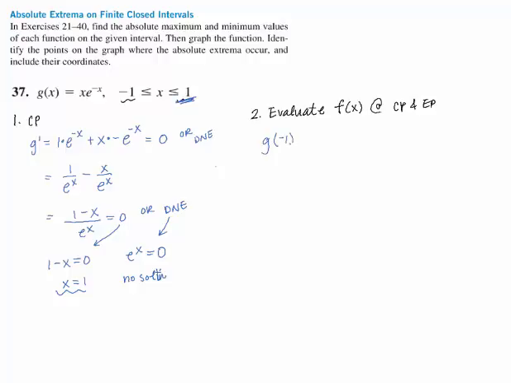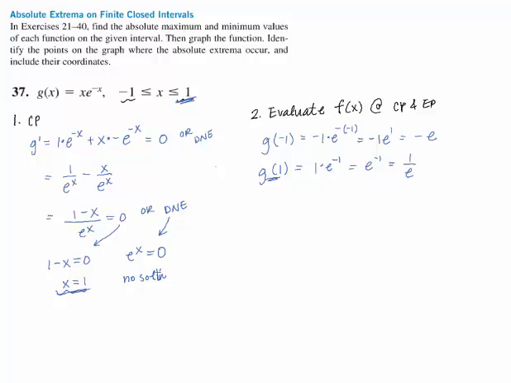So g of negative 1 as an endpoint is negative 1 times e to the negative negative 1. That's negative 1 times e to the positive 1, so negative e. And g of 1 equals 1 times e to the minus 1, which is e to the minus 1, or 1 over e. Since the critical point 1 showed up here as an endpoint,